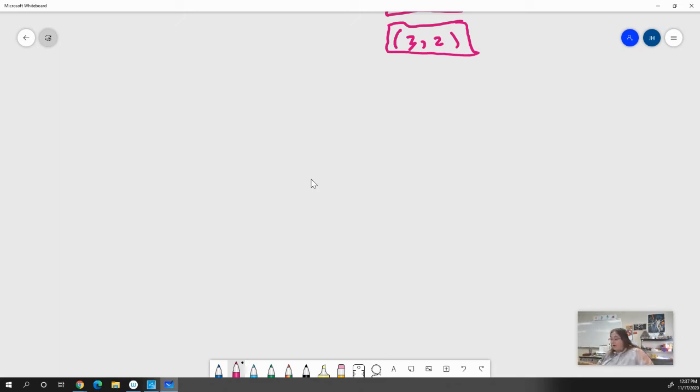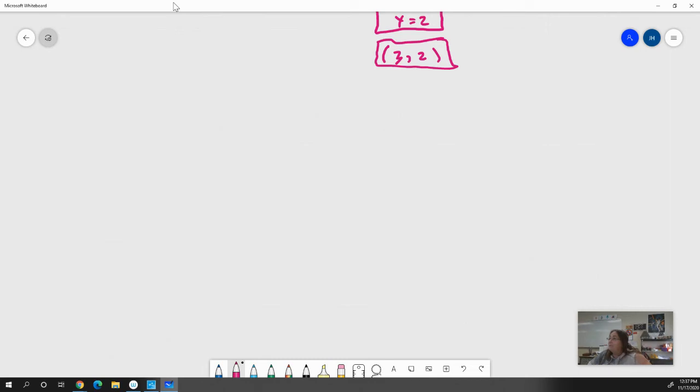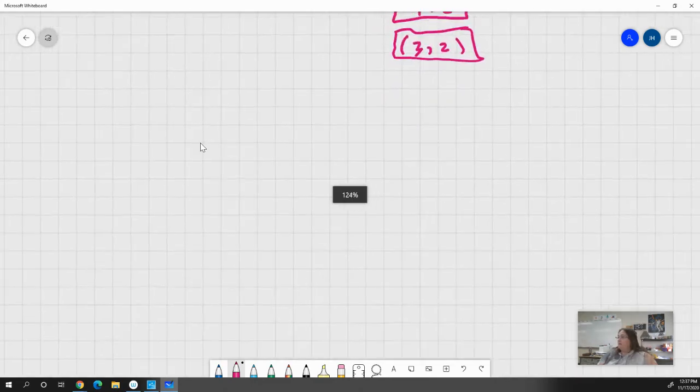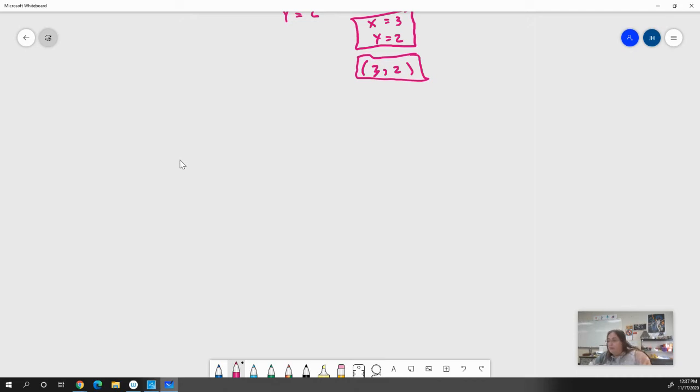But right now, I need to move into solving systems with 3 variables because that's what today's lesson is. I do not know why all of a sudden my screen is so freaking touch sensitive, but it is what it is, and I don't have time to figure it out. So we're doing 3 variable